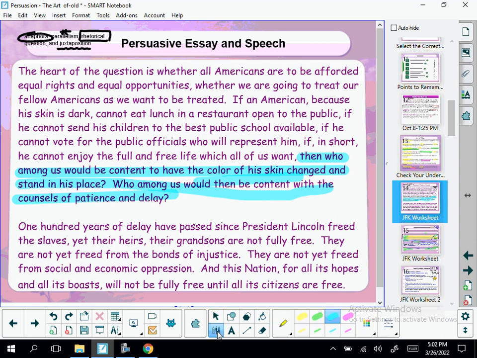But now I want you to look for that anaphora. "They are not yet freed." Whoops, I missed one. "They are not yet freed." That's really powerful. Because he uses the word freed, free, that repetition is so powerful. Free, all in this final sentence. And that is